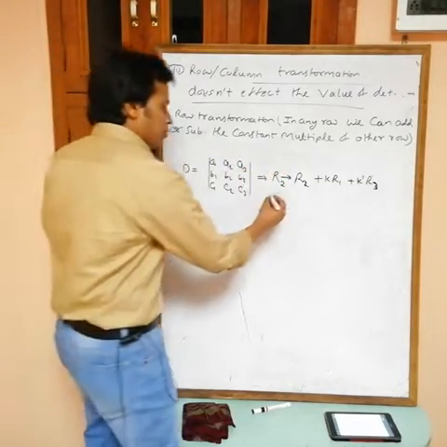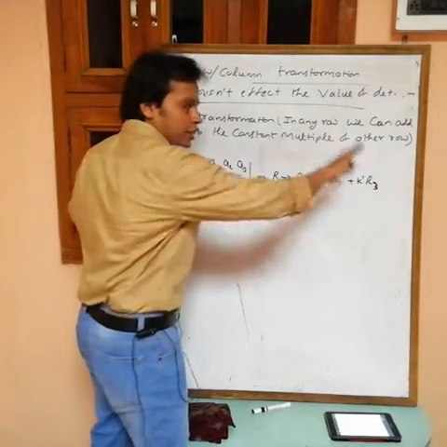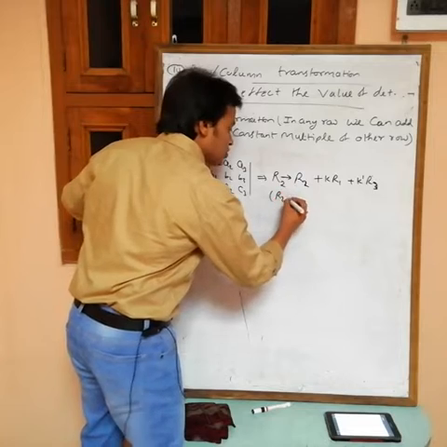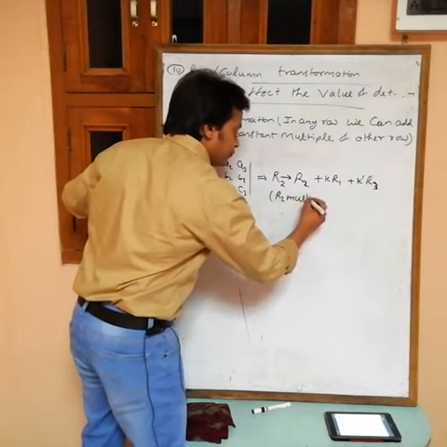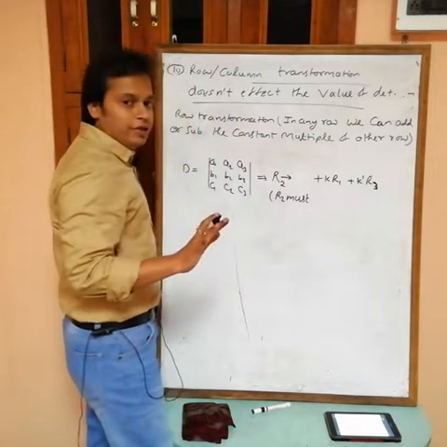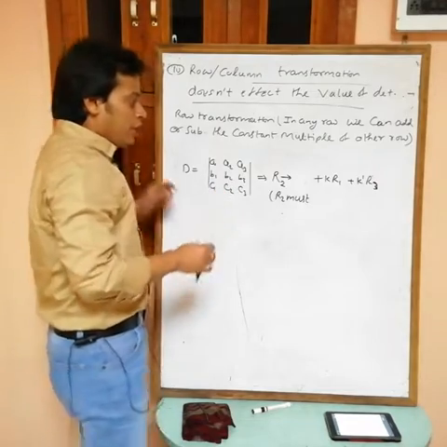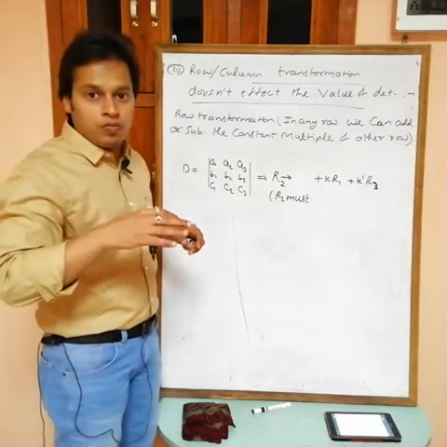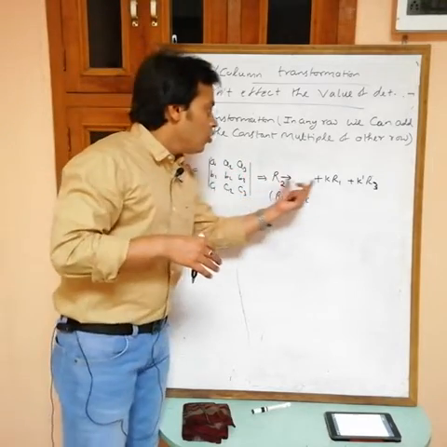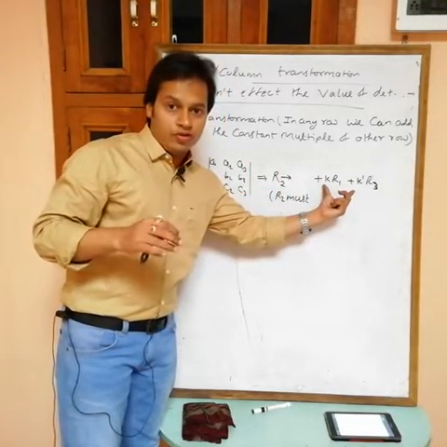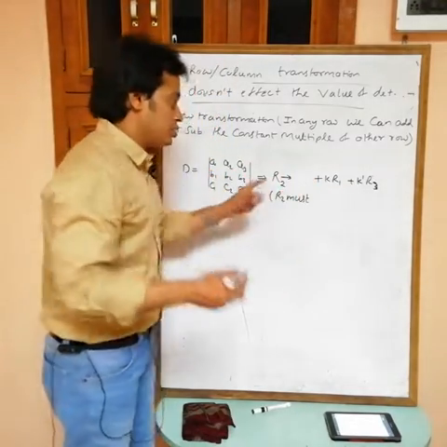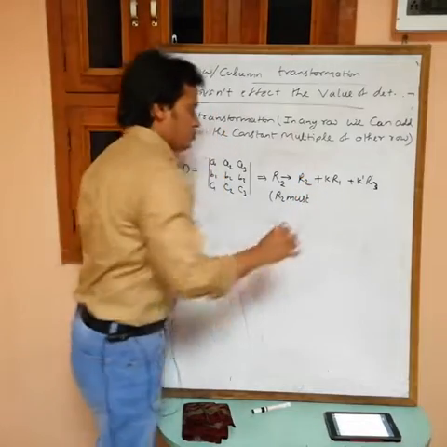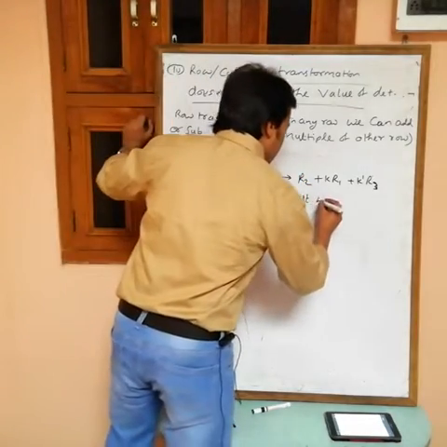So here we have to remember one thing: if you are changing R2, then R2 must be added. It means you can't write only the other terms. No, this is not possible. In any row we can add or subtract a constant multiple of another row, but you can't replace any row with a constant multiple of other rows. So this is not possible. R2 must be written and R2 must be added